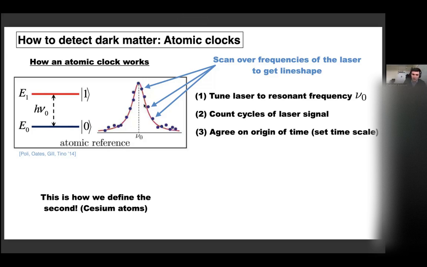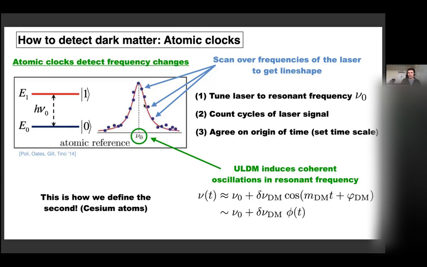This is actually how it works for seconds. Seconds are defined very precisely by setting this up for the hyperfine transitions in cesium atoms. And this is incredibly important for various things of day-to-day life, like GPS. If your GPS was not based on atomic clocks, errors in GPS locations would be enormous, sometimes kilometer errors. Very good. So what does this have to do with dark matter?